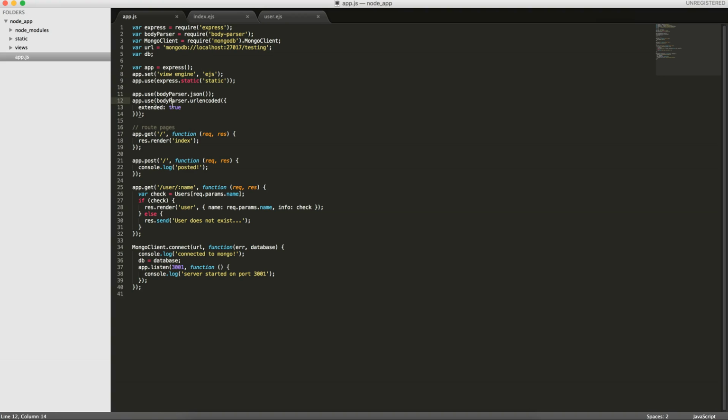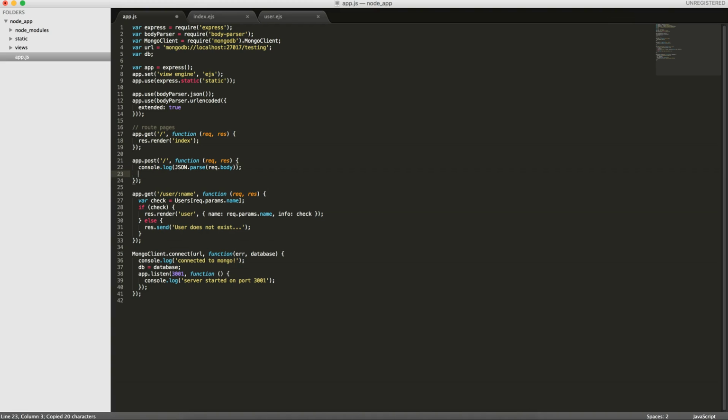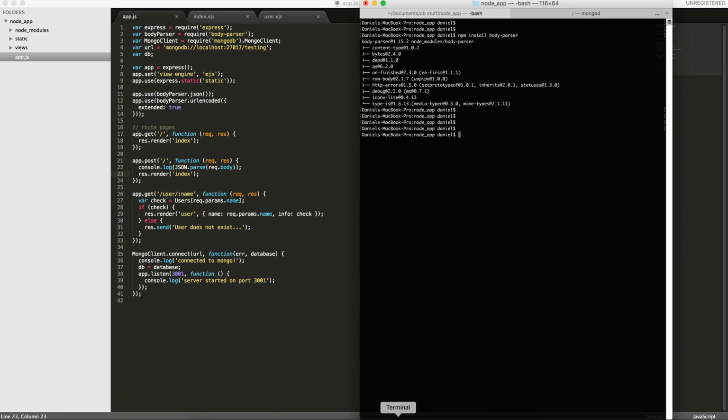So once we have this set up, now what we can do is we can console log req.body. And we'll actually, so this information, we will JSON parse it. Okay, so now when the app is posted to this page, when the form is posted, we'll console log the information being passed into req body. So request body, we're able to access this information because of the body parser module. And then we'll re-render the same page. So we'll run this,